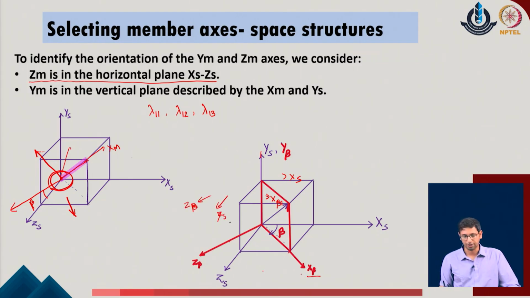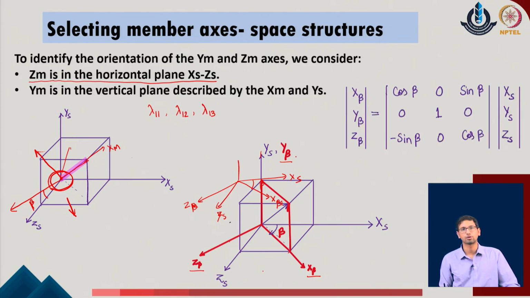So, this is x of beta, this is z of beta in the given problem, and this is the y of beta, which is the specific axis about which we are having the rotation of the system. So, corresponding to this system, we can identify the rotation tensor, and that rotation tensor will be